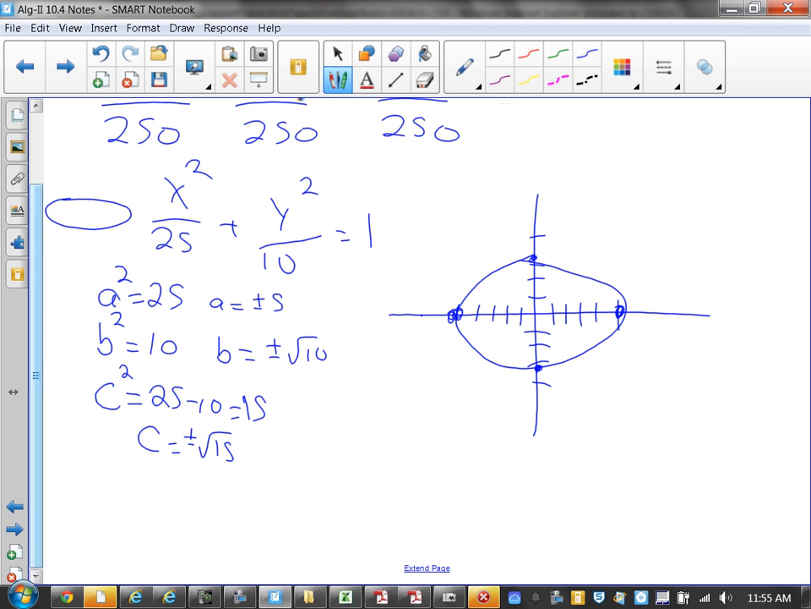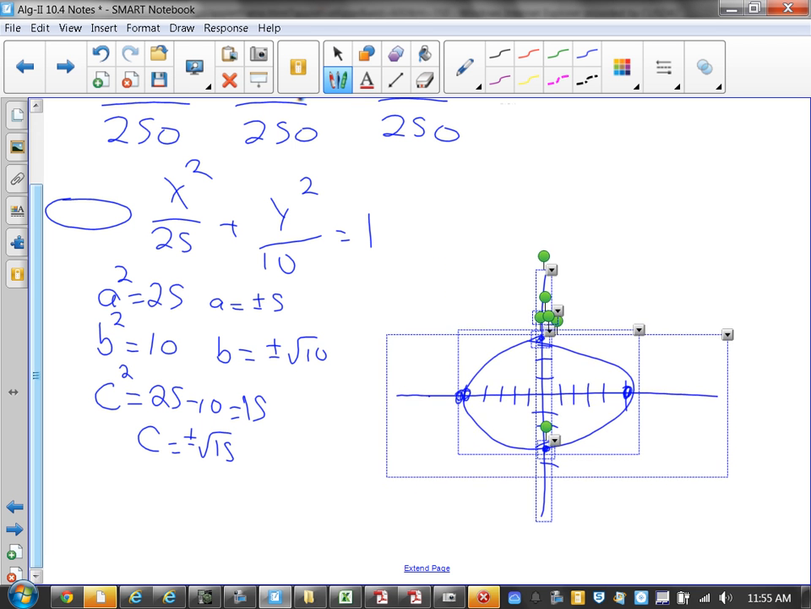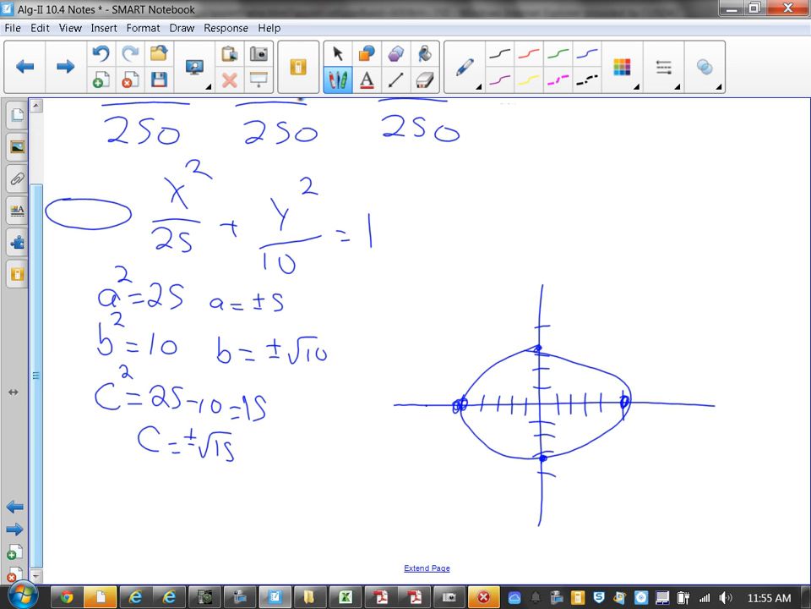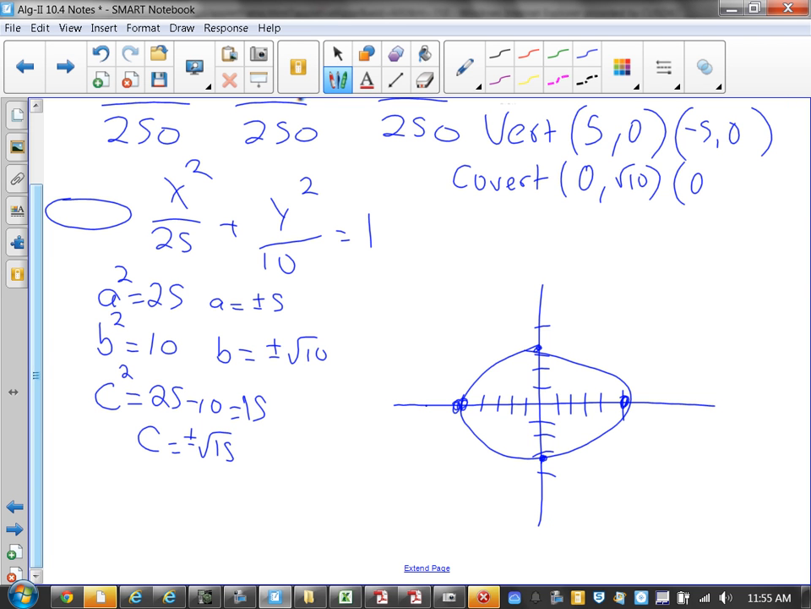So here's what I want to do now. Are you gonna make us label where we put them? Here's what I'm going to do now. I'm going to label my ordered pairs. My vertices were at 5, 0 and negative 5, 0. My co-vertices were at 0, root 10 and 0, negative root 10. And my foci,